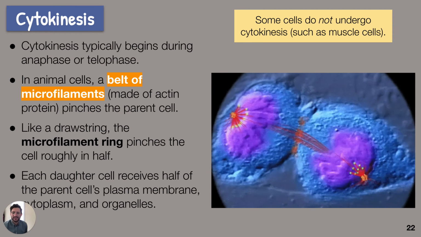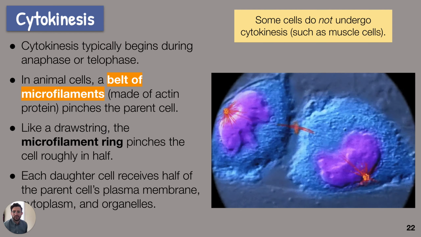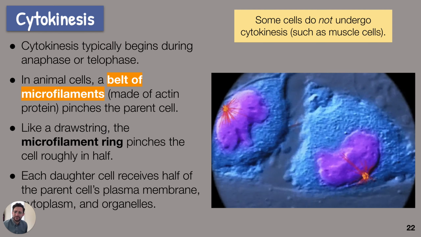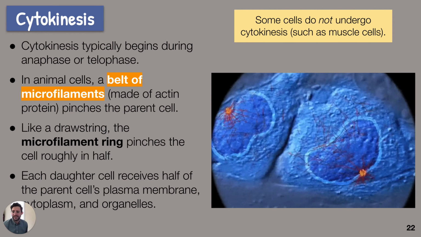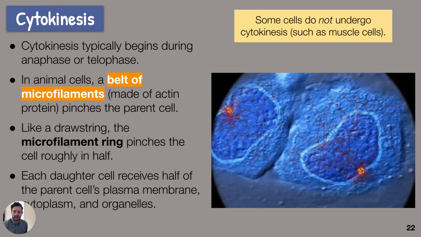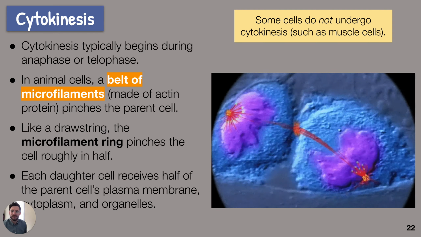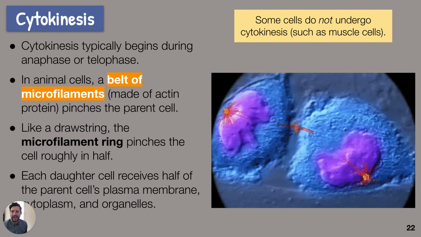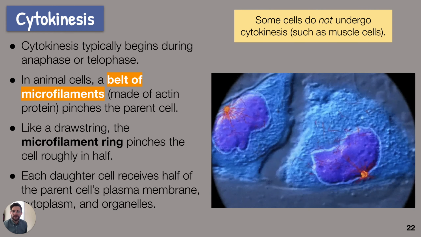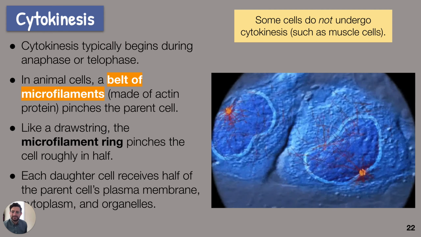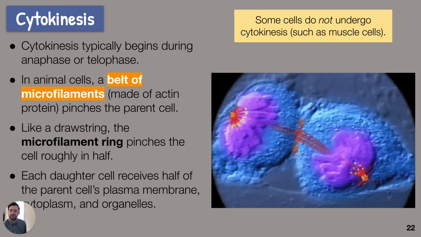The way that this happens is through the formation of a ring of microfilaments. Microfilaments are basically thin strands of actin protein, which give the cell its shape. You can think of these microfilaments like a drawstring bag, where the microfilament ring will pinch the cell in half. And each daughter cell, as a result, will receive a portion of the parent cell's plasma membrane and cytoplasm, along with all of the organelles, like the mitochondria, the ER, the lysosomes, the peroxisomes,